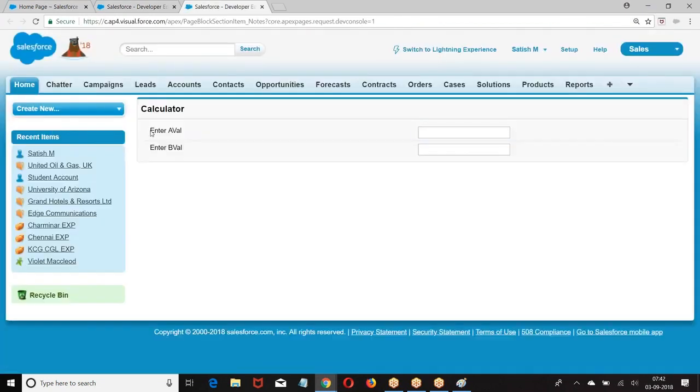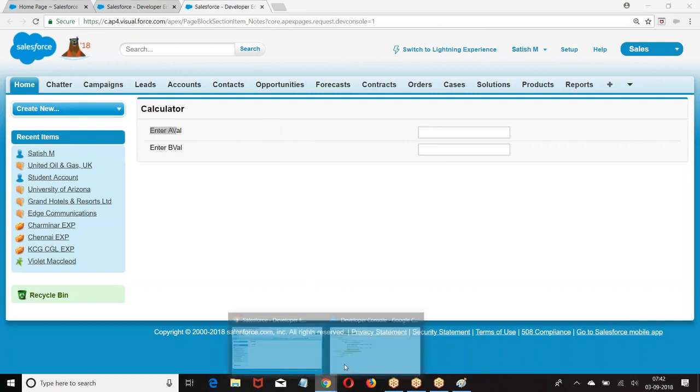How are we getting this? The name is coming here, the box is coming here, because the row is divided into two columns. Now in each column, one element. This is coming on the left corner, this is coming here. But what do you want? You want both of them to be in a single box. But here both of them are coming in different directions. We want both of them to be together. But as per the page block section, per column only one component will be displayed. I want two components to be together.